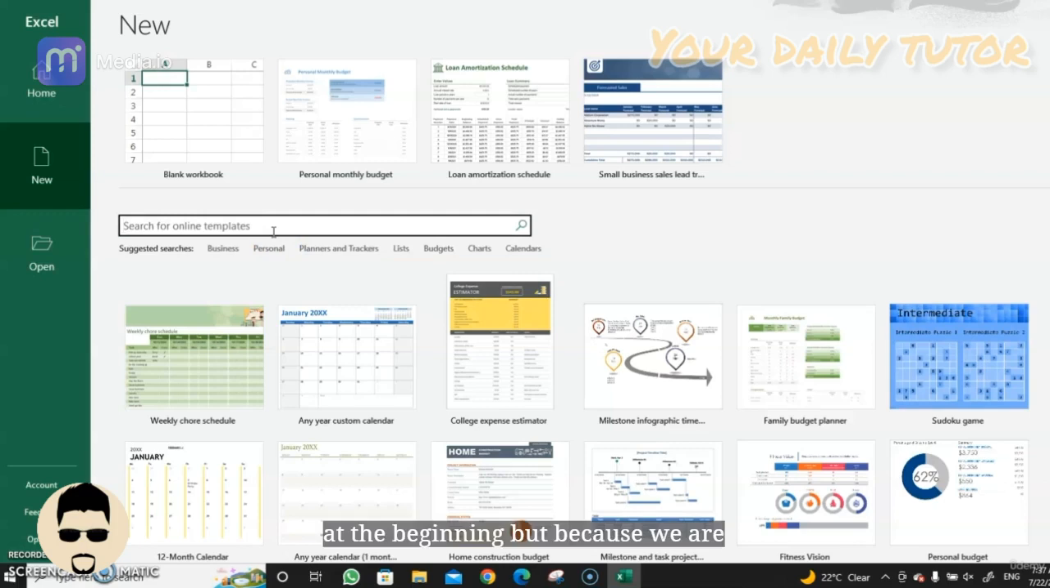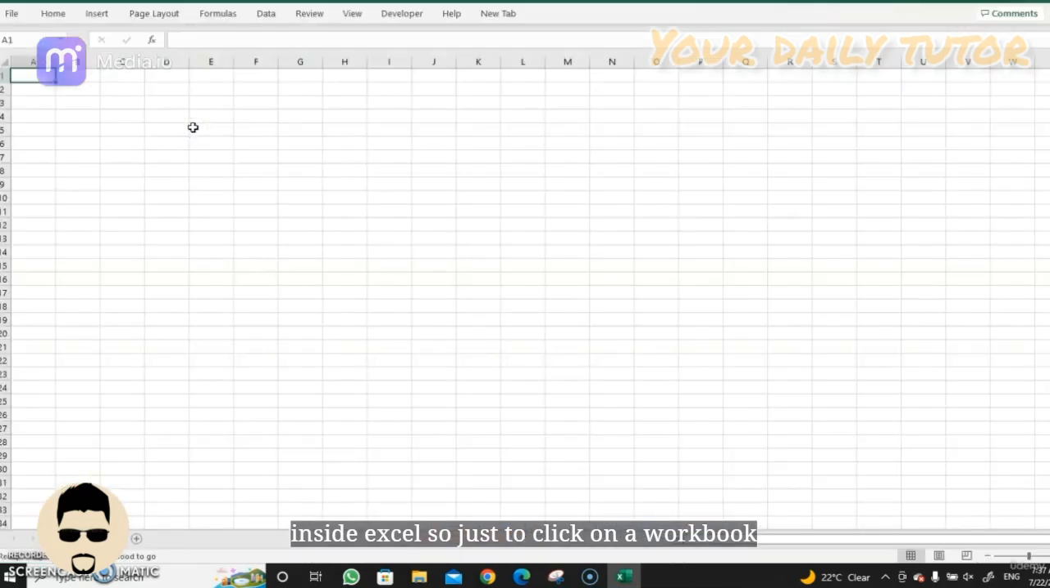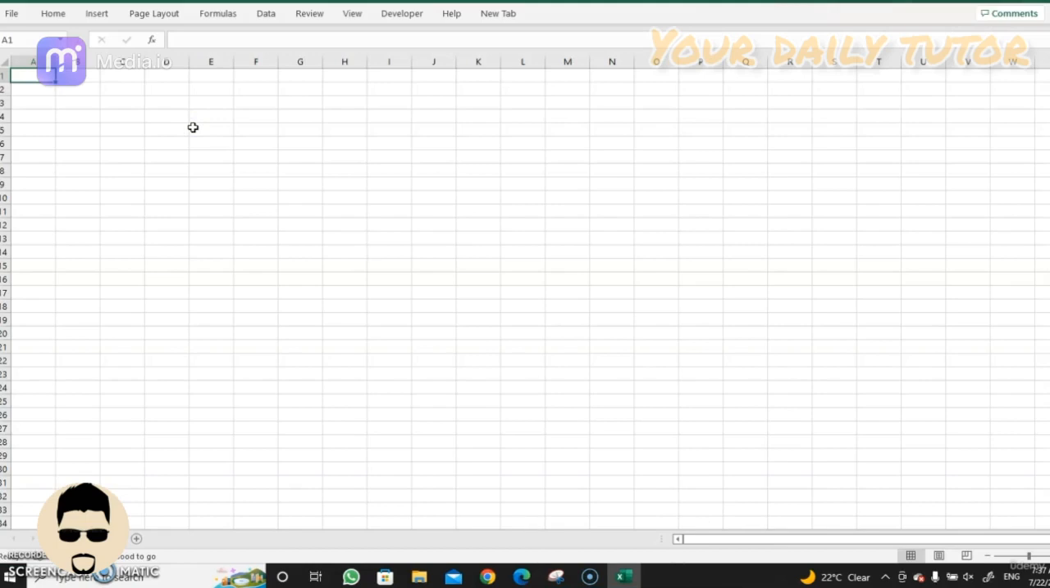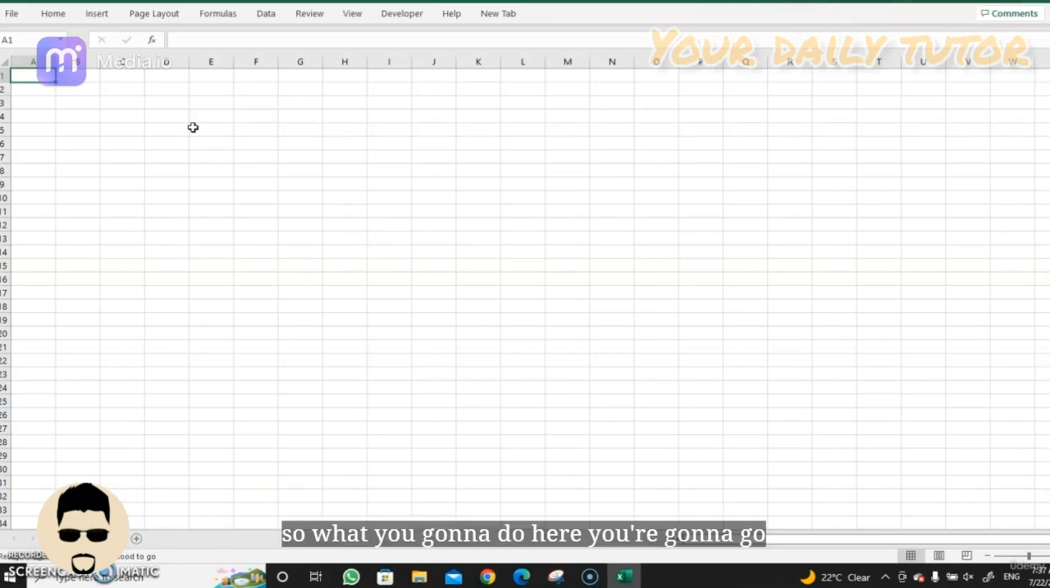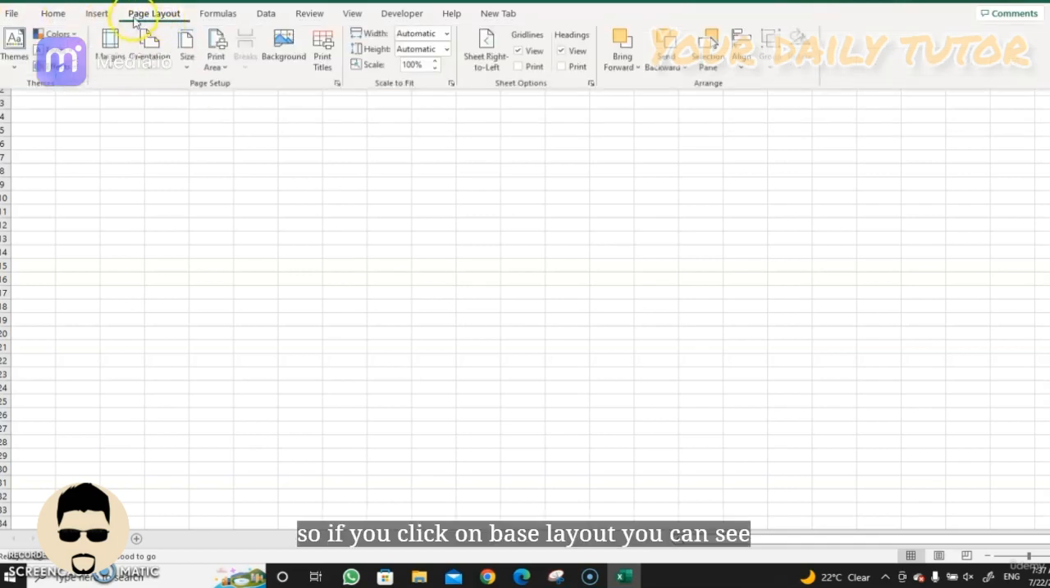But because we are starting from scratch, we don't want to choose any templates. We're going to start with a blank workbook. So we will look at Excel, the components of Excel, and the stuff inside Excel. Just click on a blank workbook and open it. Here, this is the page layout. If you click on page layout, you can see